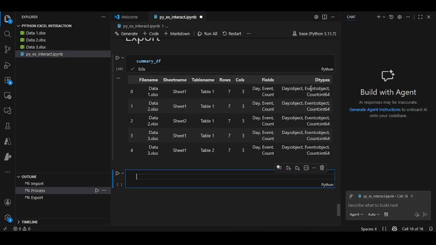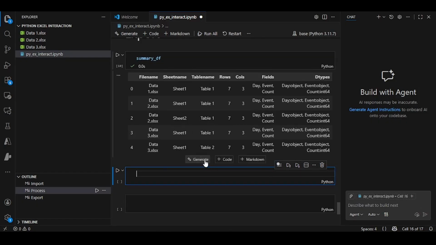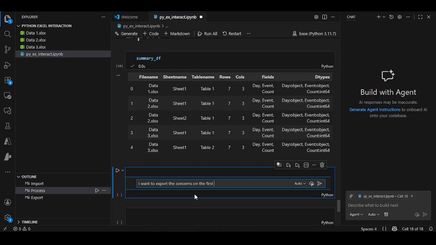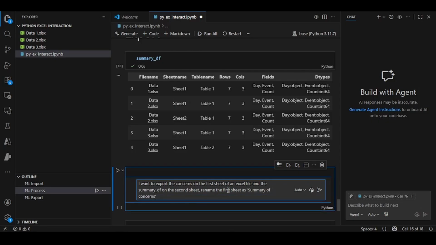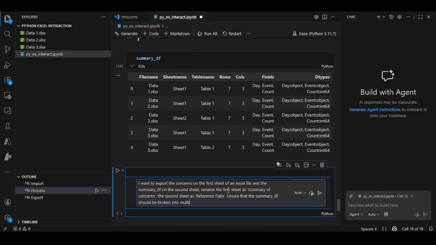Okay, this is the table. Now writing the instructions for the AI model, that I want to export the concerns on the first sheet of the Excel file and the summary table on the second sheet, and I need the names of the sheets as I write it down here in the instructions,